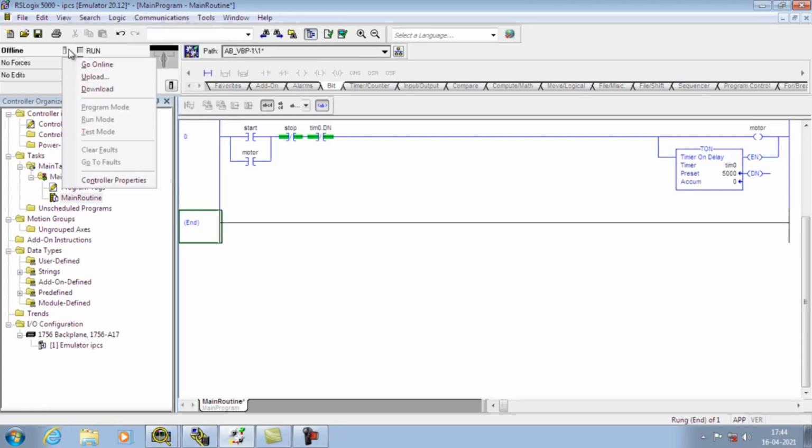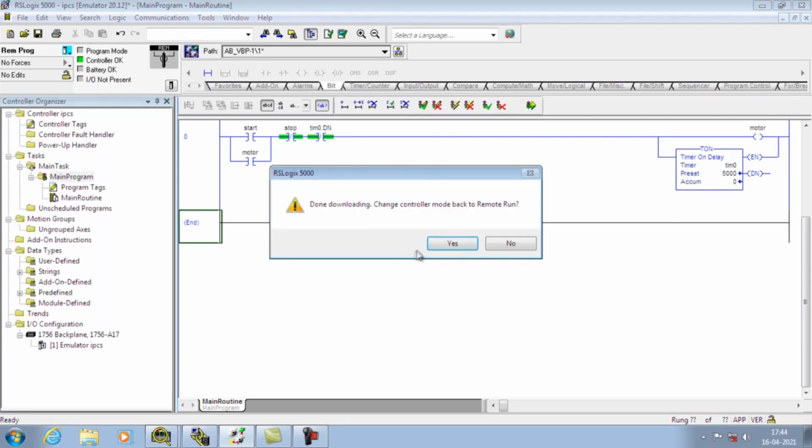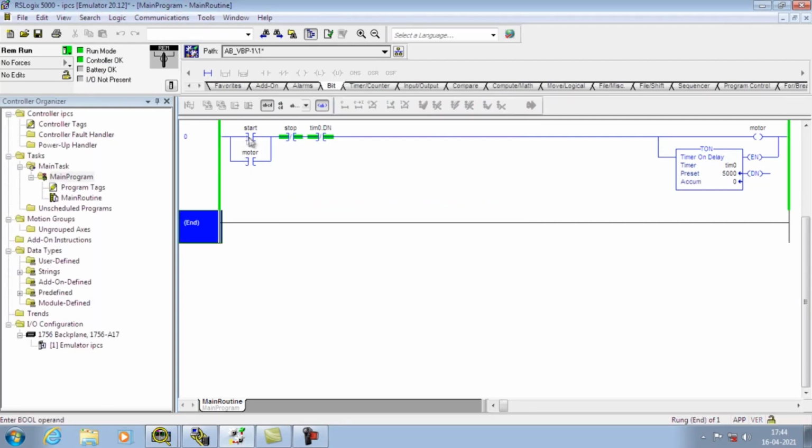Once it is connected, we can download it from here itself. So we can run it from here. So this is how we can create a timer here.